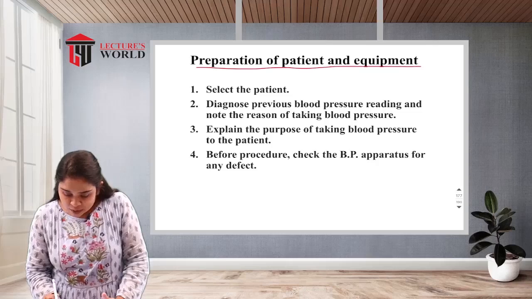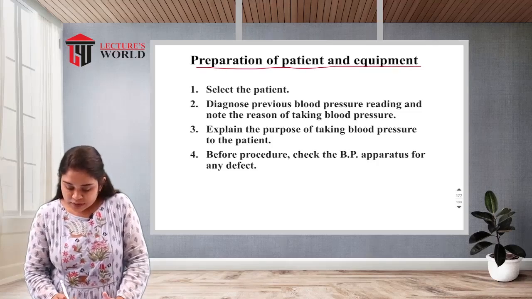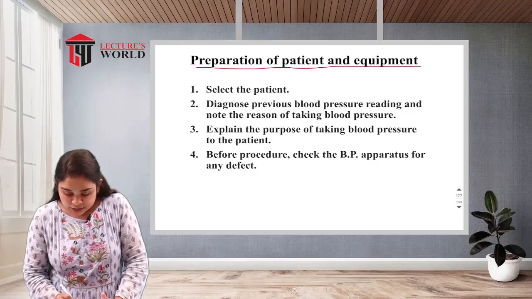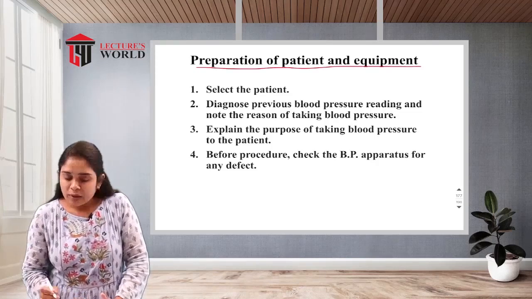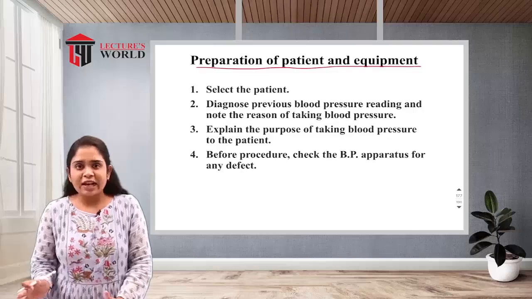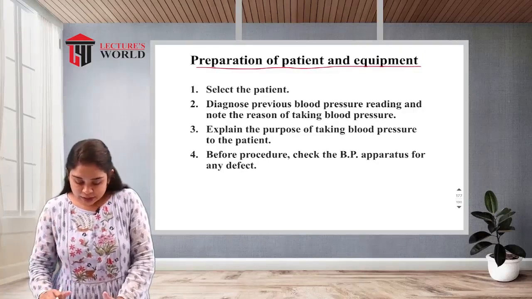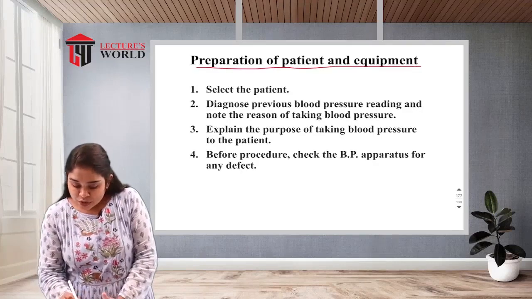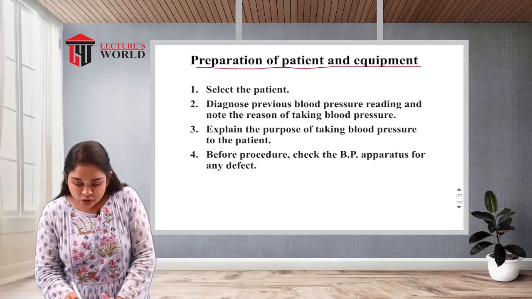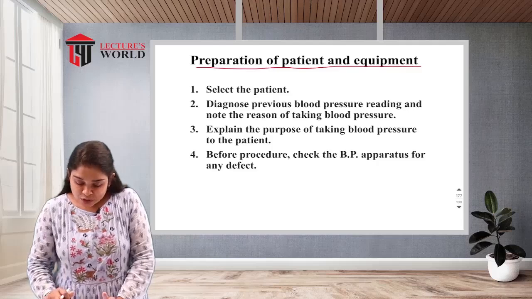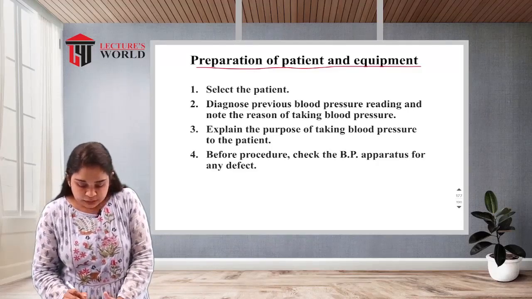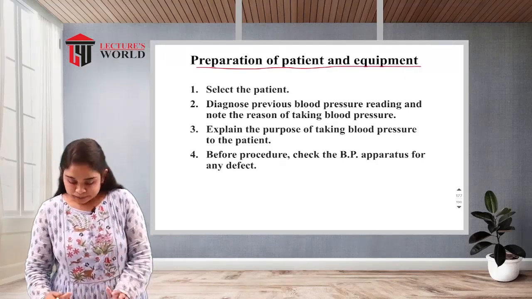Some sphygmomanometers use snaps or other devices to secure the bladder instead of the non-slip fabric, but most probably we will have the non-slip fabric. Now we'll talk about the hand bulb. The hand bulb is a device for inflating the bladder. Here you can see we are talking about this bulb part. That is the hand bulb.